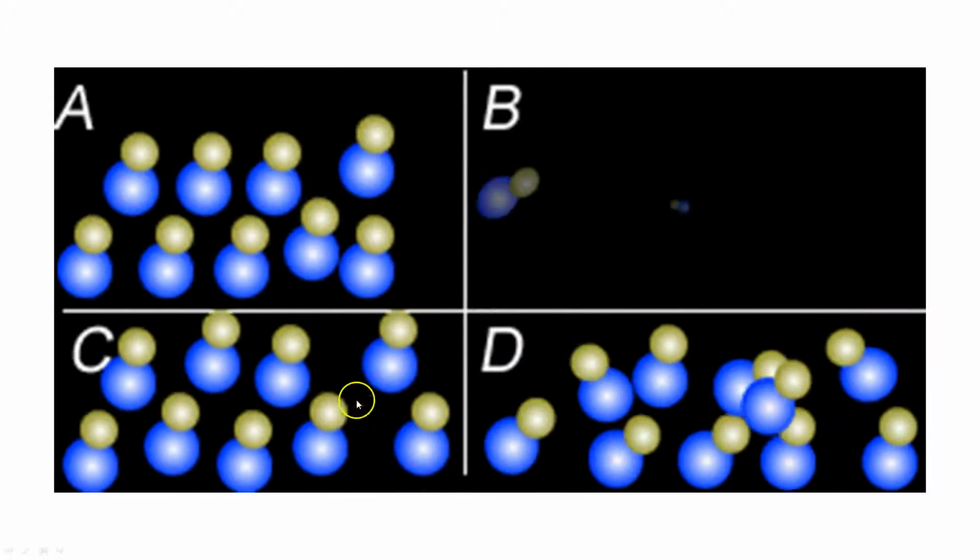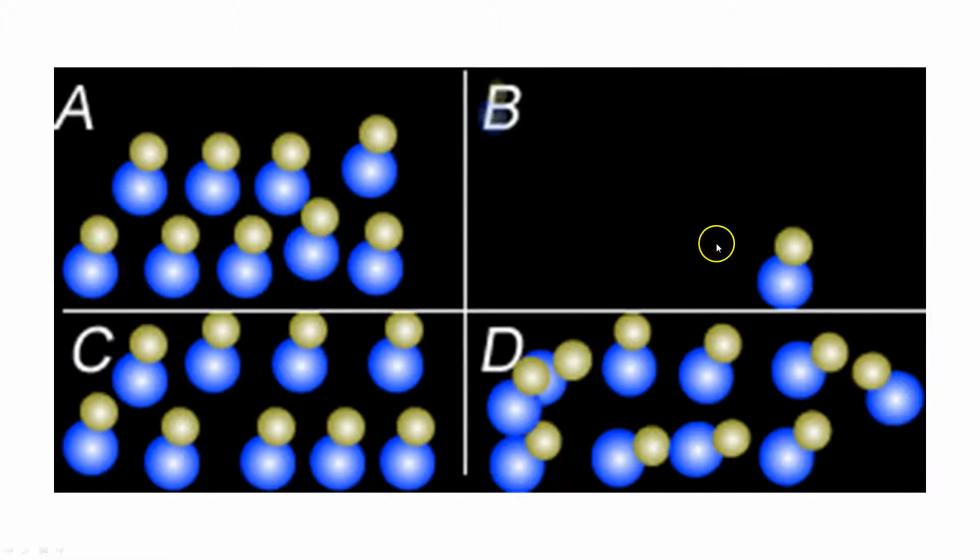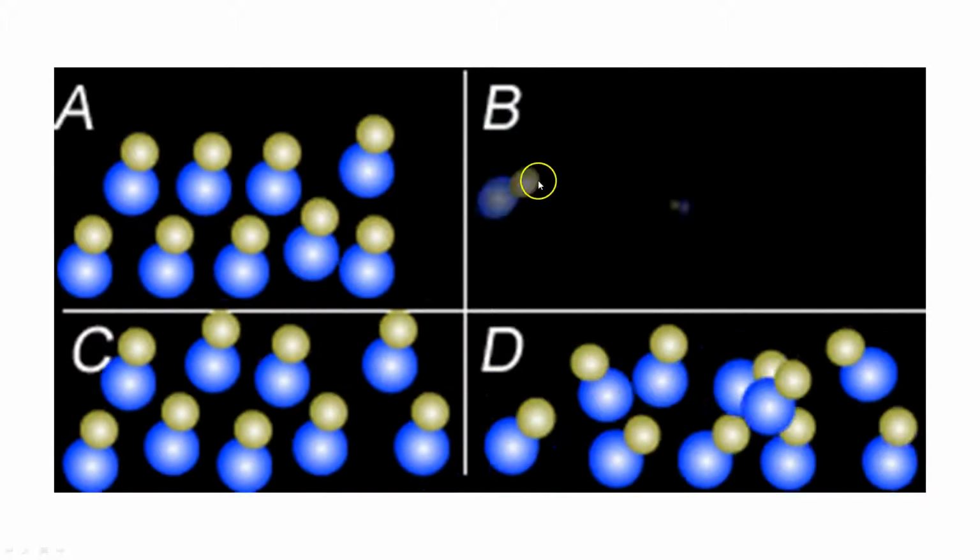All right, so looking at these four here, let's try to figure out what they are. I'd start right here. In this one, the particles are moving the fastest and they are the least dense. That one's going to be a gas. This one here, I can see the particles are much denser, so we know it's not a gas. However, they are freely moving past each other. In that case, that means it's a liquid.